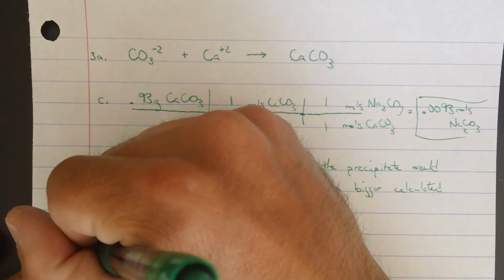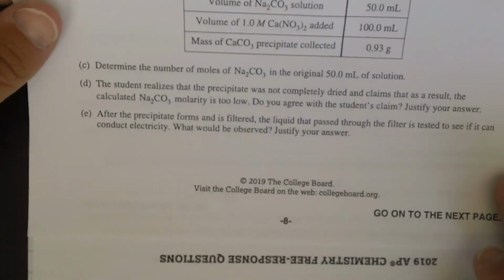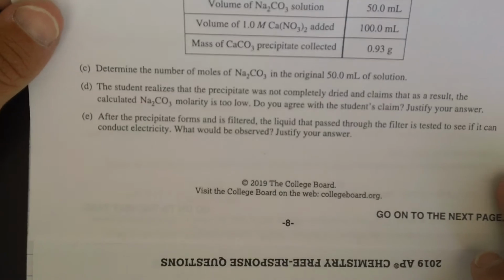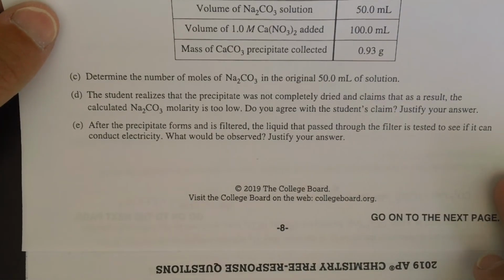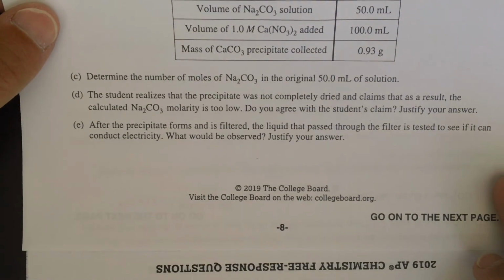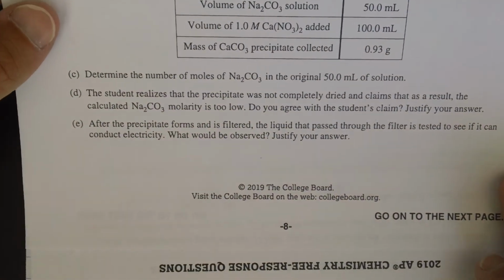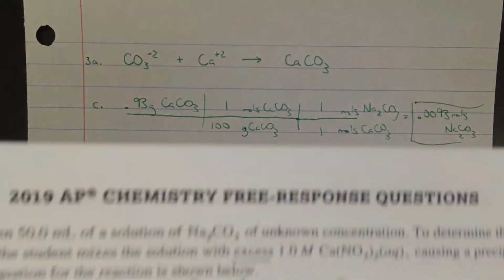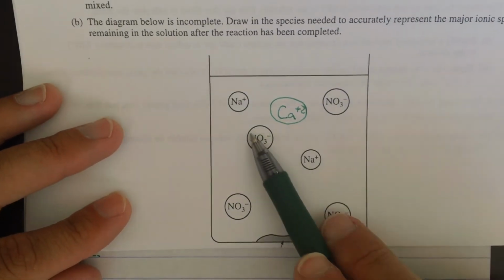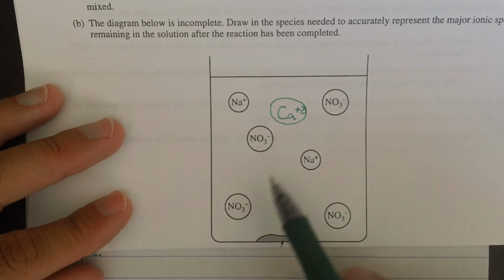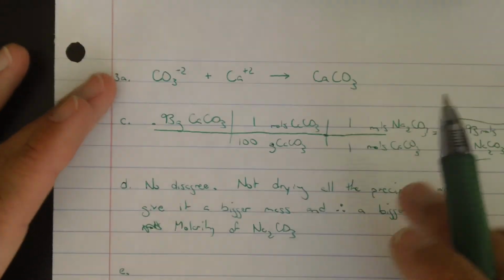And then the last little piece, part E, says after the precipitate forms and is filtered, the liquid that passed through the filter is tested to see if it can conduct electricity. What would be observed? Would that solution conduct electricity? Yes. Why? Look at, there's all of these spectator ions floating around, plus some calcium ions floating around. So E is